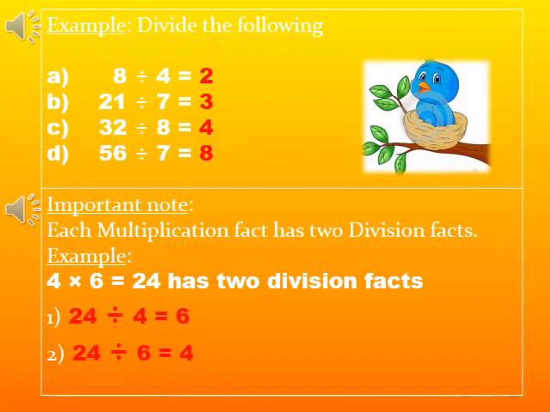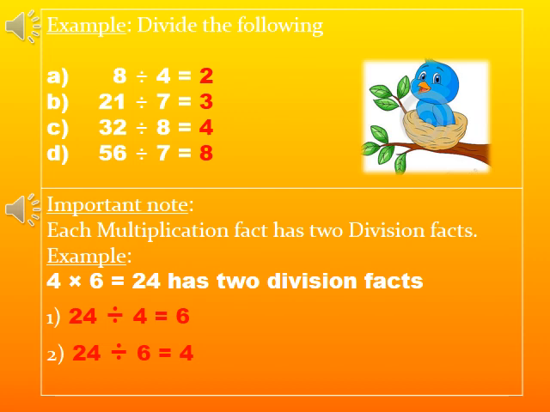Now we'll learn to divide a bigger number by a given smaller number. Children, as tables are very important in multiplication, similarly we need tables in division also. Now let's see the examples. A. 8 divided by 4. Children, we have to divide 8 by 4. So we have to read the table of 4 till the number 8 comes.